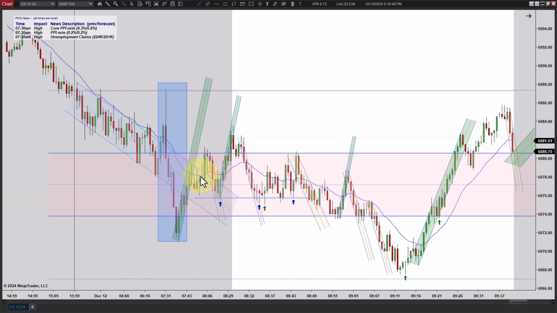There's a second entry long here, but it's just sideways and congested. And you're coming out of that news, so I just kind of sit tight and wait and see what happens. And of course, you do make two legs up to a new high, and then you turn down, you get a channel going up, you get a close outside, a move to a new low, and a break above that bar right there, which is also, you could argue, a triple test.